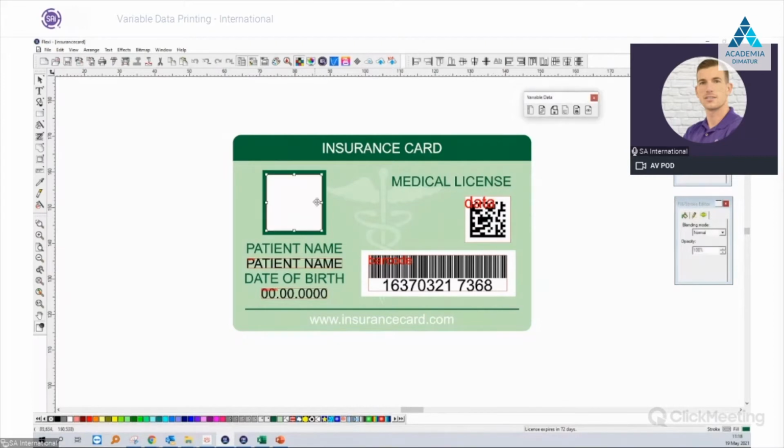As well, of course, we need the variable data element for our bitmap, for all the photos. So we can only replace a bitmap element for bitmaps. So we can't use text tool, for example. So I drew a square, but you can see I can't convert this to variable data. The icon is grayed out, so I will need to make this white square a bitmap. So I have to convert or rasterize this to a bitmap. So I go to bitmap, rasterize,